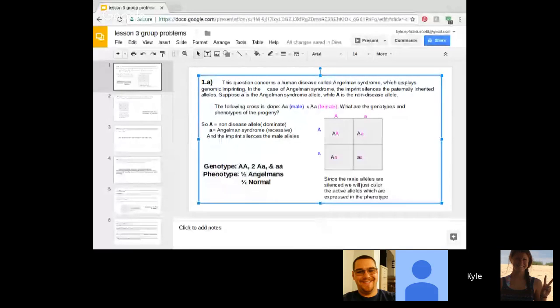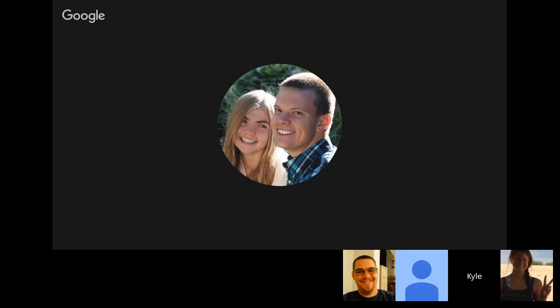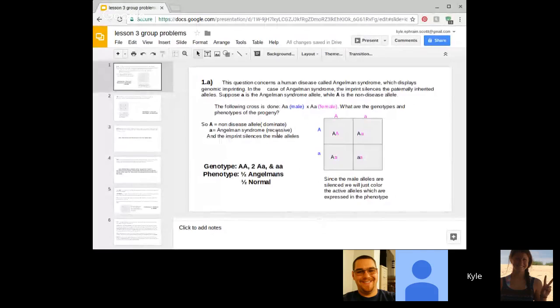All right, so today we're going to go over lesson 3's group questions. And for question 1, it says imprinting silences the paternal alleles, and you're supposed to suppose that lowercase a is the Angelman syndrome allele, while capital A